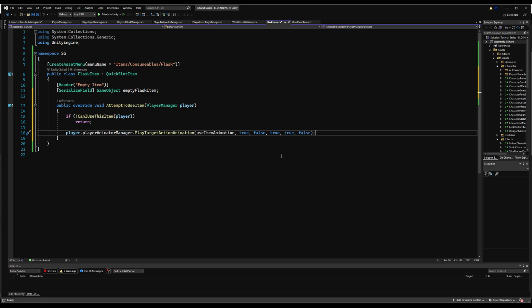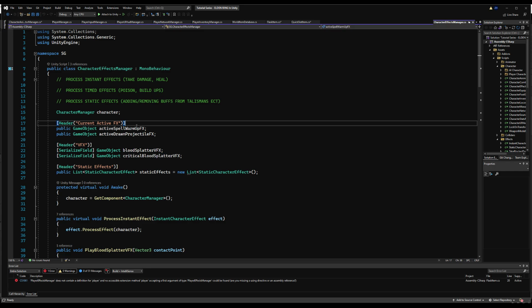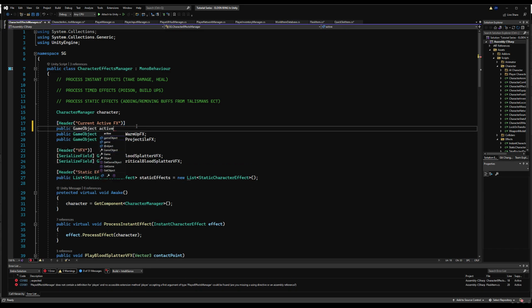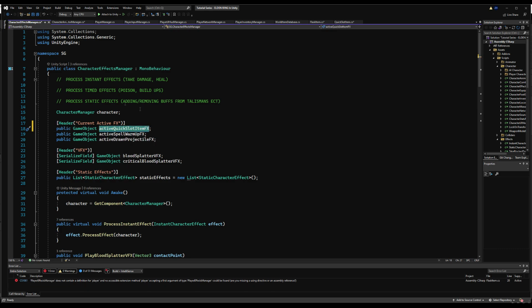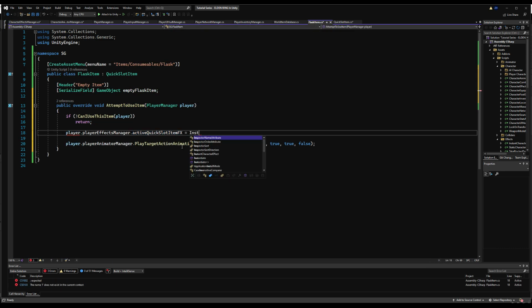Now we have to reset can run and we also have to instantiate an item. So let's say player.player effects manager, and we don't have a variable for this right now. I think we have one for the spell warm-up effects and the projectile. You could give them a general one. I like giving them separate ones. It's just really preference, I should say. So I'm going to give it a separate public game object active quick slot item effects. Now, wherever I find the warm-up effects for a spell, I'll have to destroy that so we can find it that way. But first, let's say